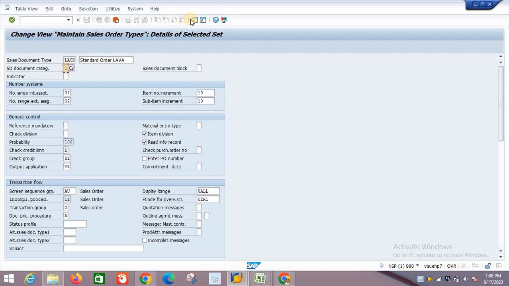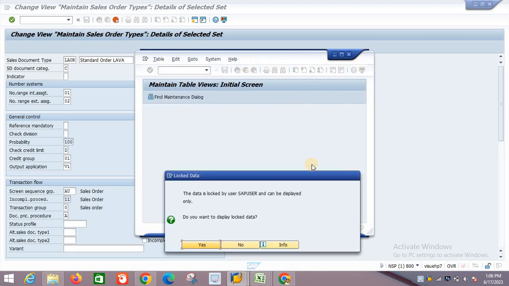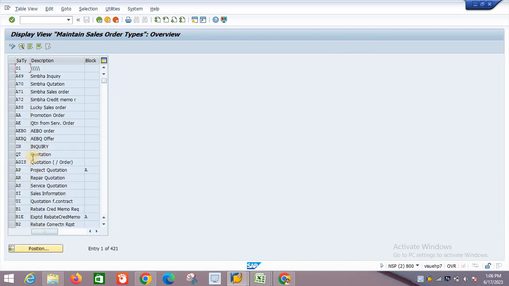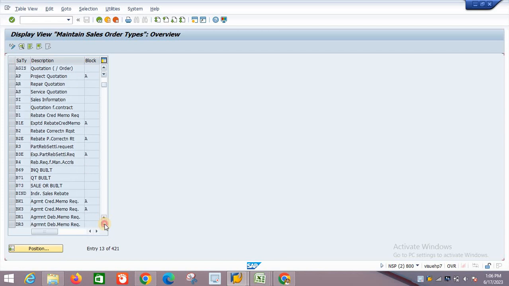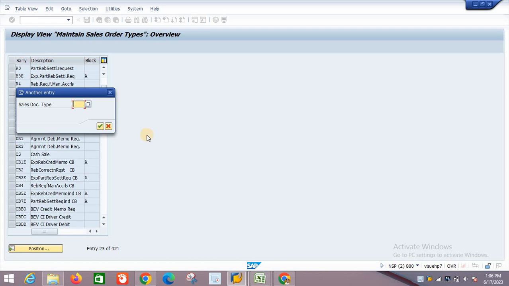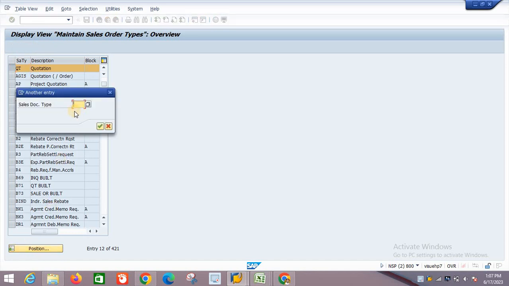Then let me open one more screen. VOV8 is the T code to define the sales document type. Here I will select inquiry, then quotation QT is there, then sales order, that is OR.